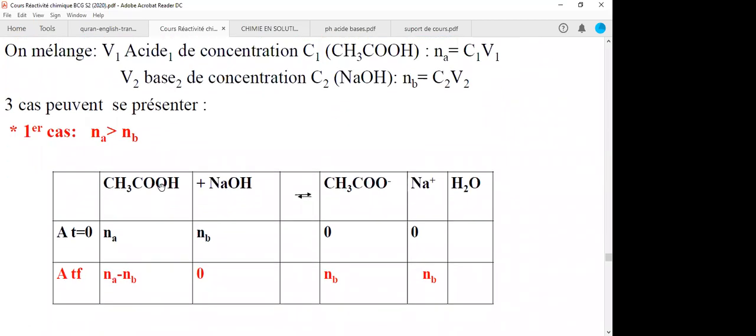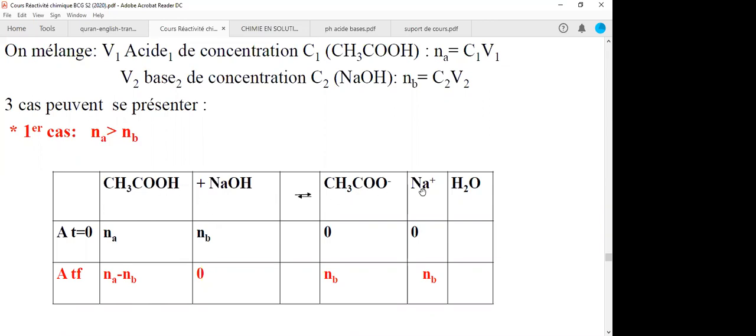If we want to find the pH now of a mix of an acid and a base: in the first case, if the number of moles of acid is greater than the number of moles of the base, this is what is going to take place. At first, we've got the number of moles of the acid and the number of moles of the base. If you check the mole ratio here, it is 1 to 1, meaning that 1 mole of the acid will react with 1 mole of the base